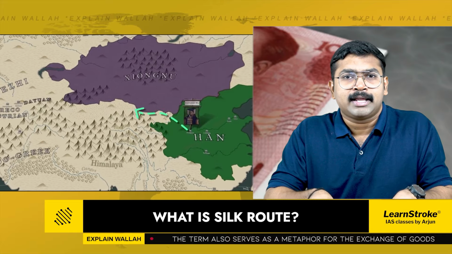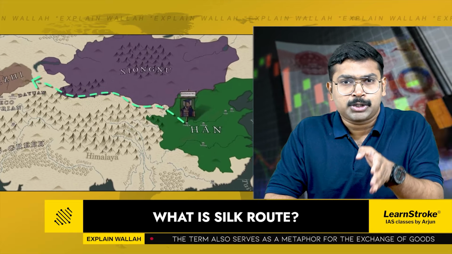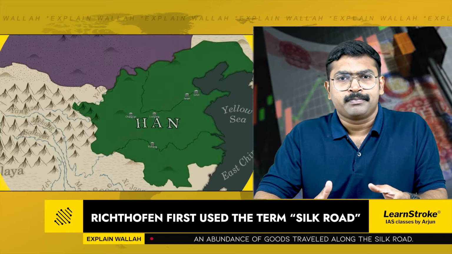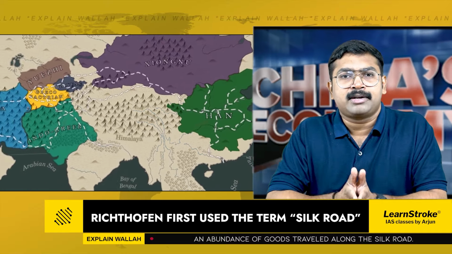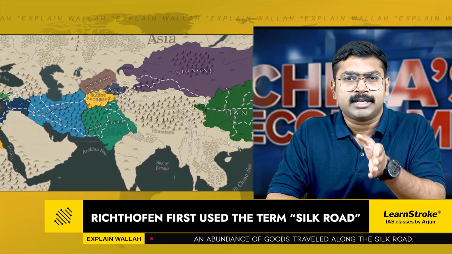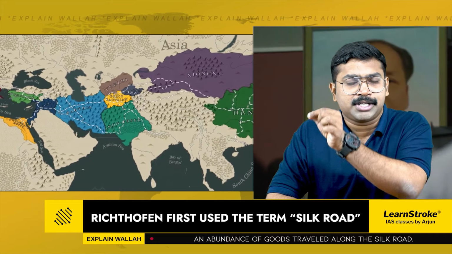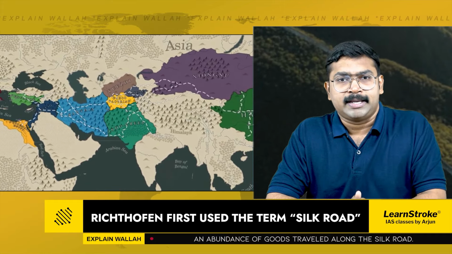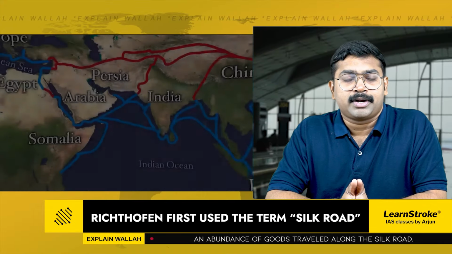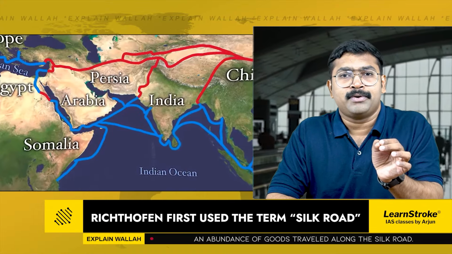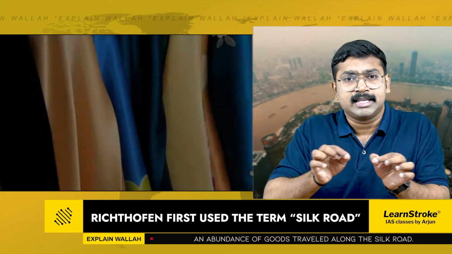And it does not mean that it was an actual road. It was a network of routes taken by different travelers to trade in goods from East Asia, China, to Europe in those times. It was in 1877 when the German geographer and cartographer Ferdinand Richthofen clearly said that this is a Silk Route,